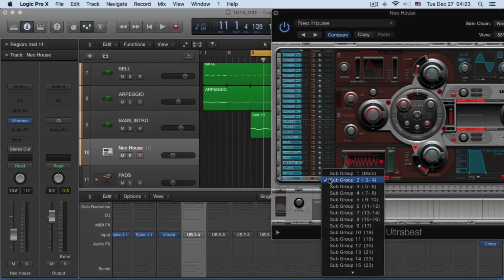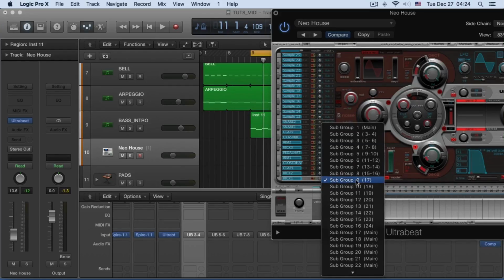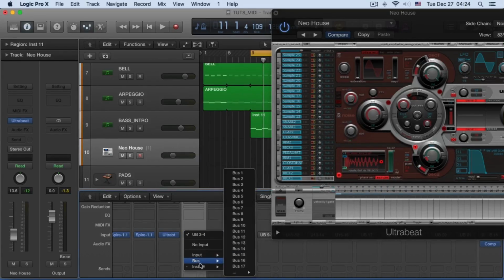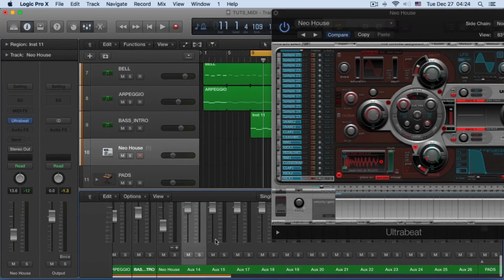What I want to do is I want to make it mono, which is just subgroup 9, 17. So I'm going to make it subgroup 9, which is there, and from here I'm going to select my instrumentation. So input instrument 17, UB17, there you go. Now if I press this, see, I got my signal on an individual track, that is my kick 1, and